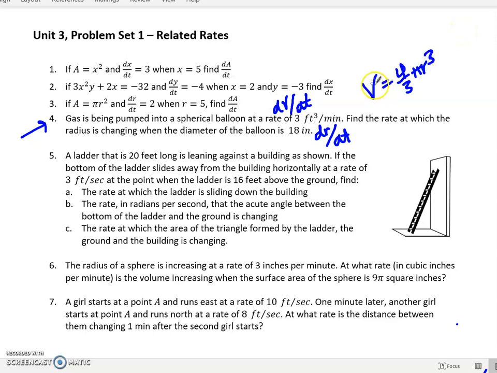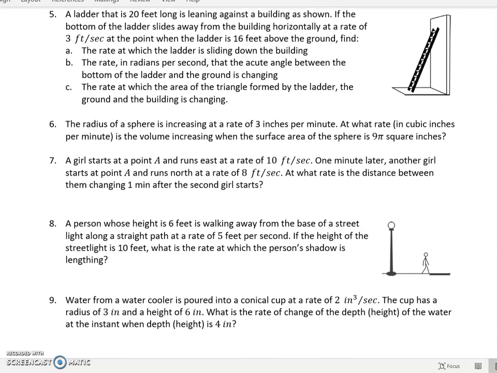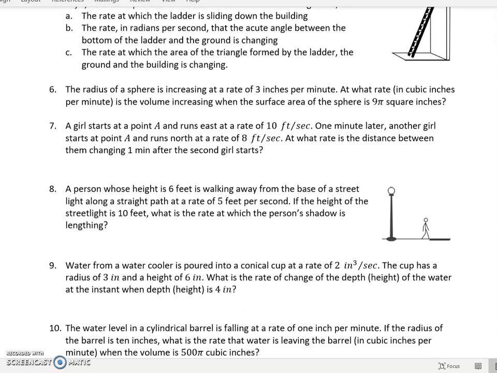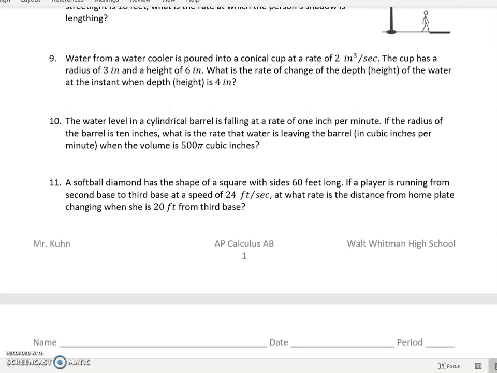And then the next thing I'm going to do is take the derivative so I can introduce the dV/dt. Take the derivative, bring the 3 out front, I get 4 pi r squared. Don't forget to attach the dr/dt. And then you're just plugging in what you know. The only thing you won't know is the dr/dt, and so then you can solve for that. I think we're pretty good on these Pythagorean ones. For the conical cups and cylindrical tanks, things like that, for the cone ones, the biggest thing